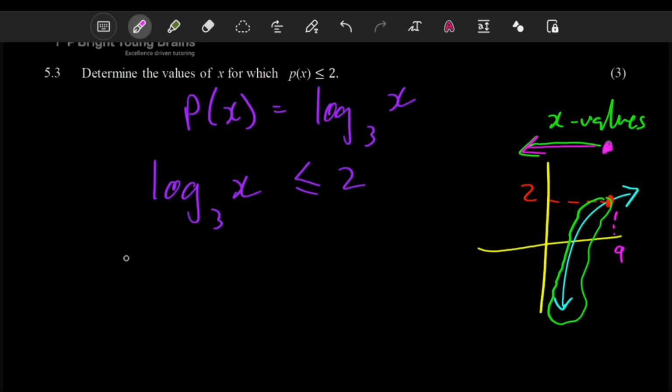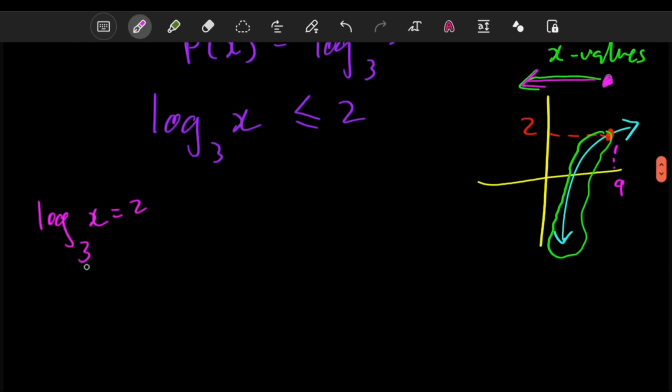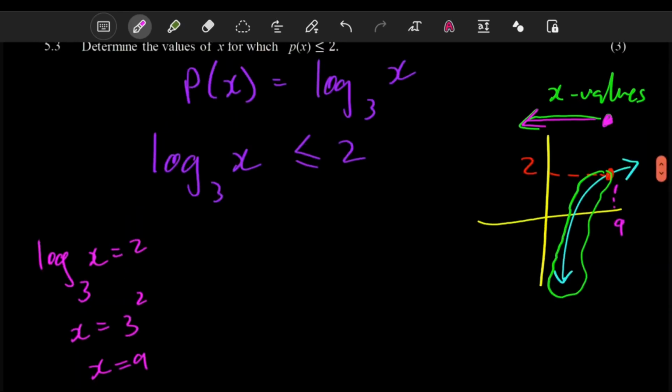You can just throw a 2 in there. Log base 3 of x, where is it equal to 2? We already said this is the base, this is the exponent. So x here is going to be equal to base to the power of the exponent. x is 9. So we're seeing that the graph is below 2 from x going all the way to negative infinity,